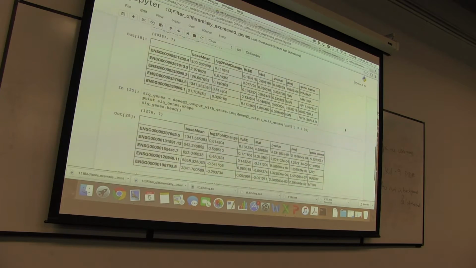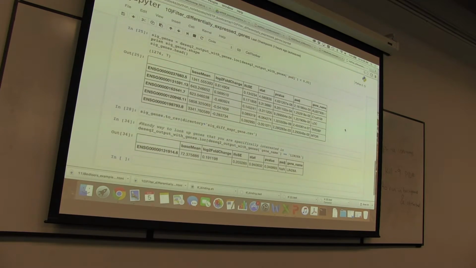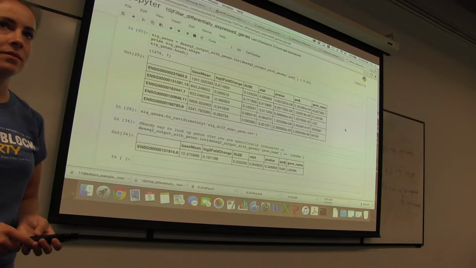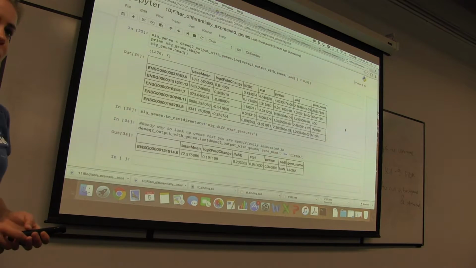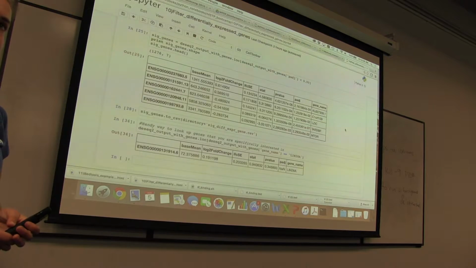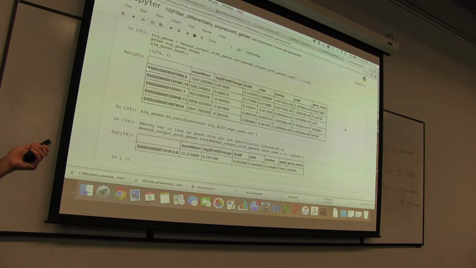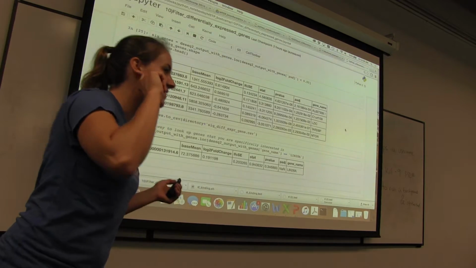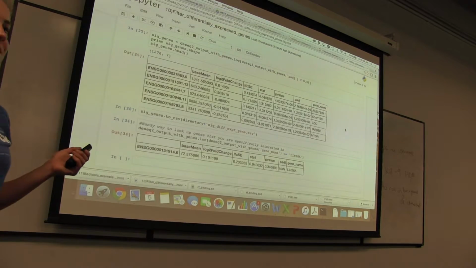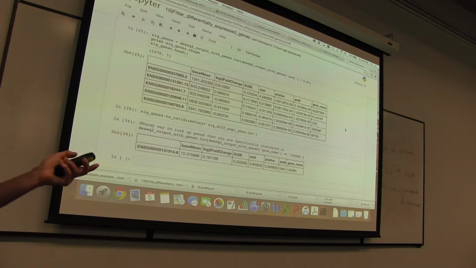Yeah? So we're noticing this back row of all three of us that we all have different numbers of significant genes. Did you save? Okay, raise your hand if you have 1276 significant genes. 1275? Okay, so